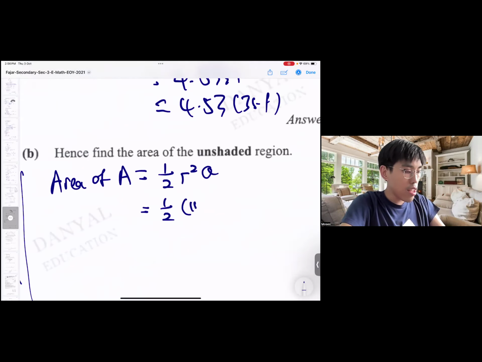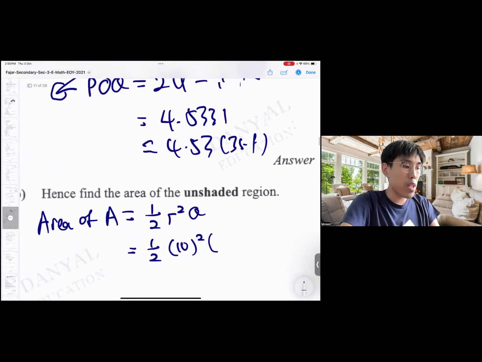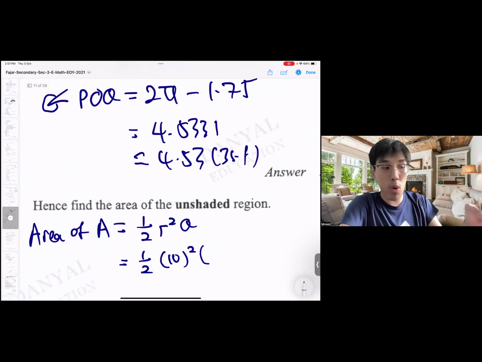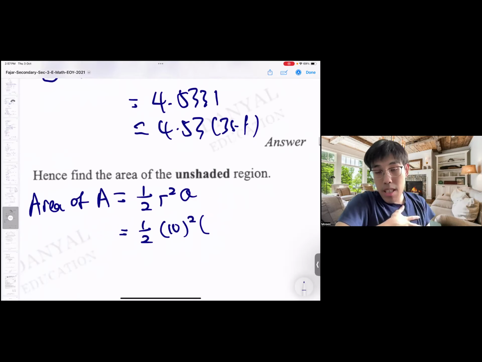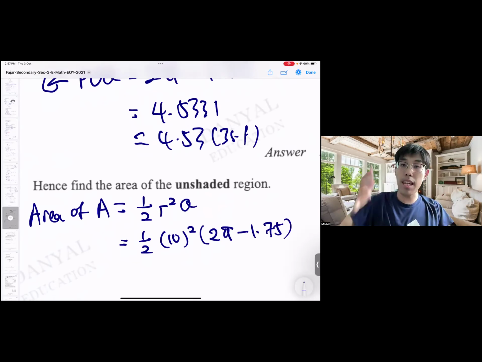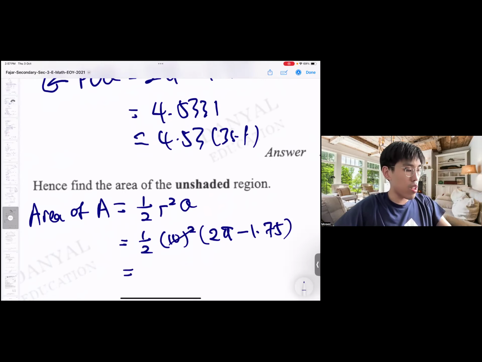So 10 squared. Then my theta, what's my radian? What's my theta over here? It's my reflex angle POQ. Personally, I don't like to use 4.53 or 4.5331. I like to use the original expression because it gives me the highest level of accuracy. So this one is 100, half of it is 50. So it's 50 times 2 pi